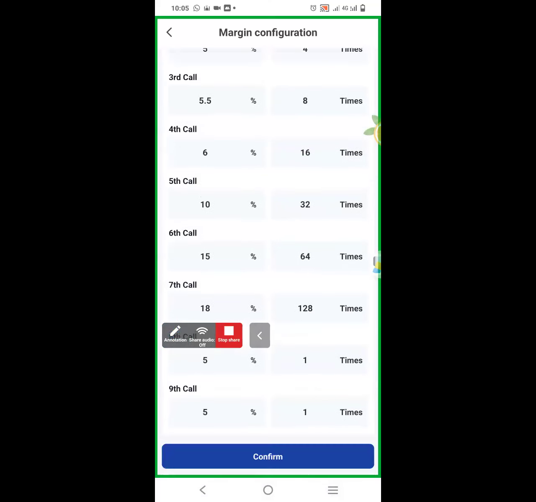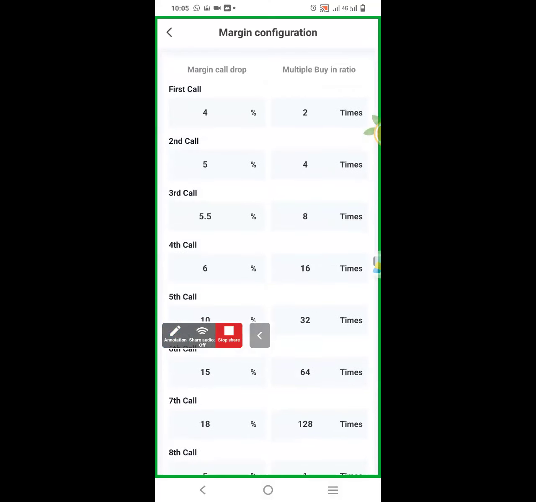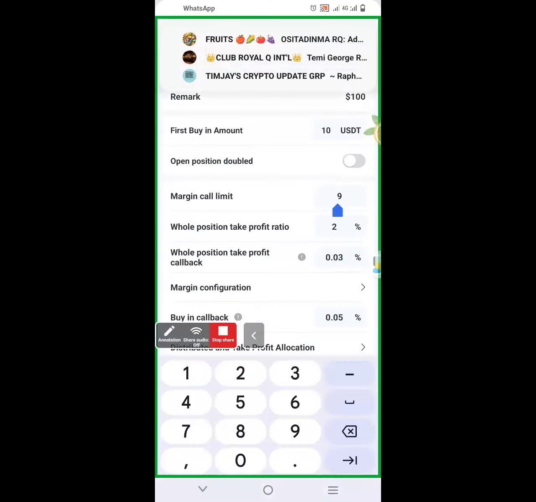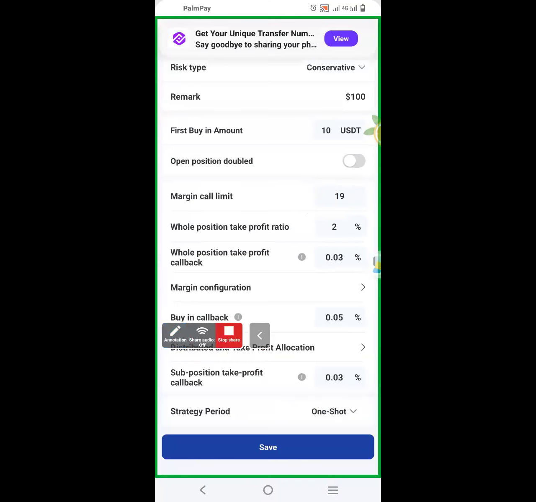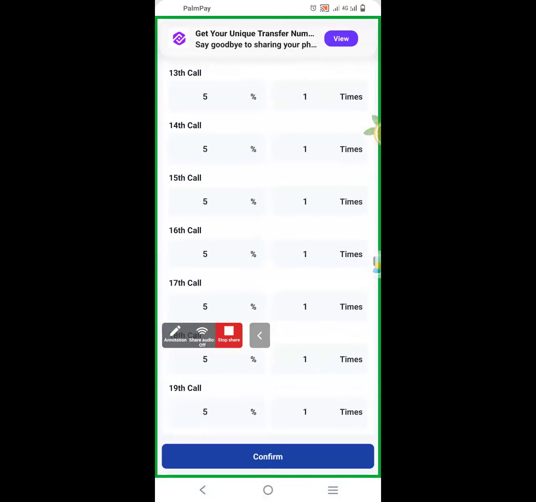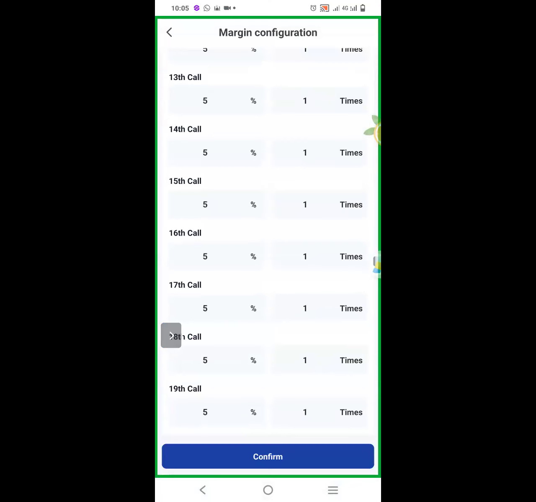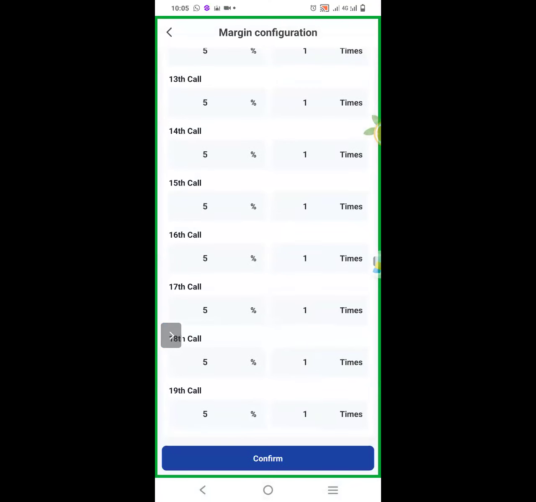So if I go back, you're going to see 19 under the margin call configuration. Margin configuration. Can you see? So that is